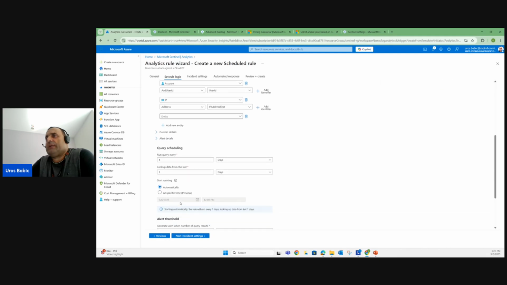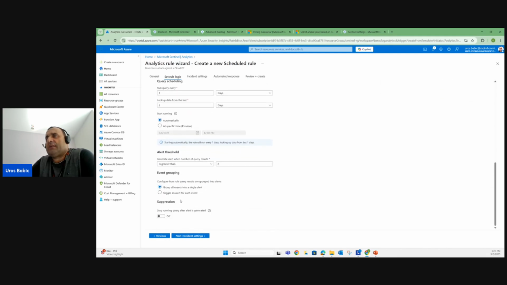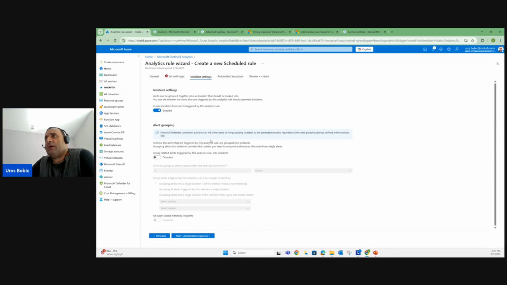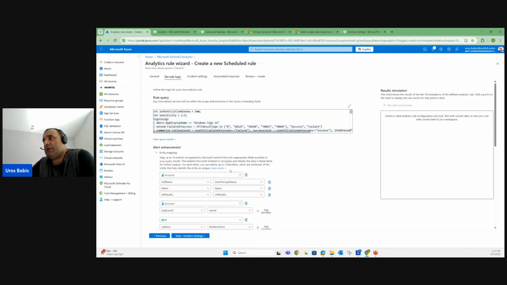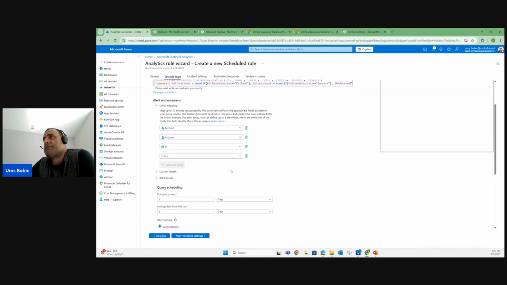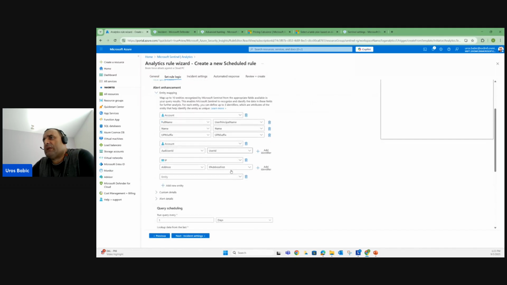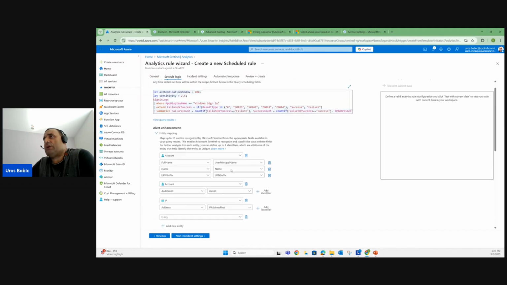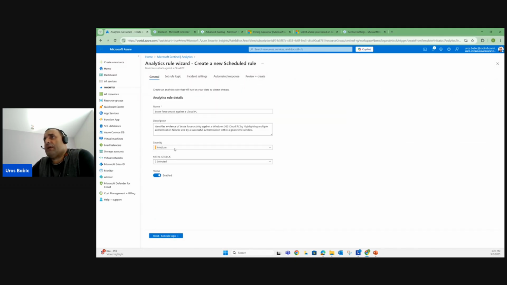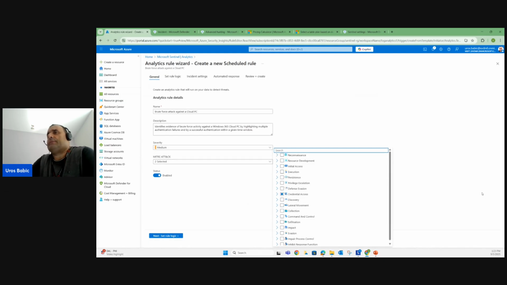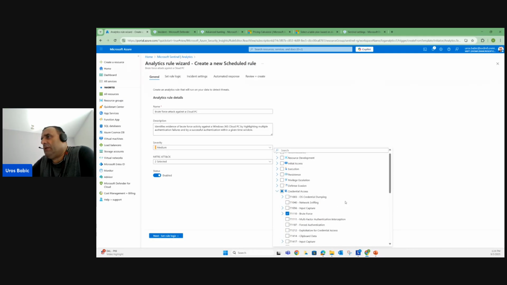And query scheduling here with alert threshold, event grouping, suppression, incident settings. What is alert grouping? What is actually automatic response? I can define many others. Here, I previously clicked on additional settings, and what is the scope of the MITRE ATT&CK framework, that is credential access regarding this, and of course with two entities, brute force